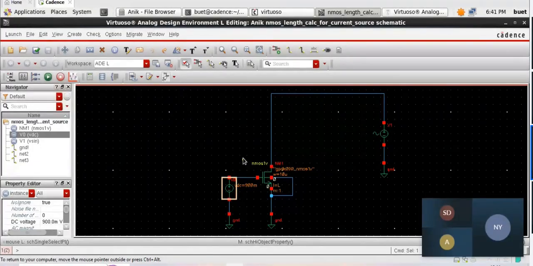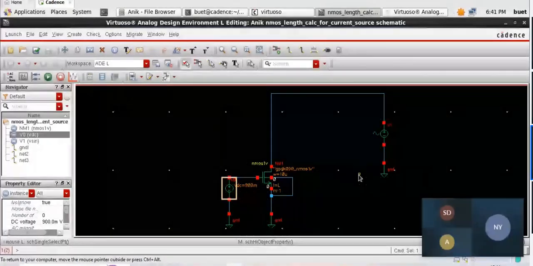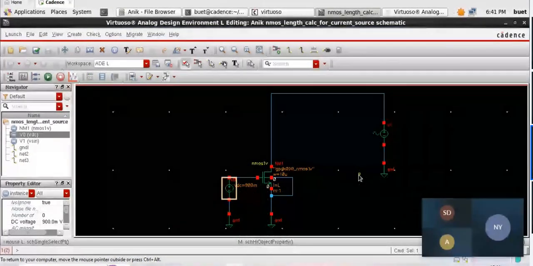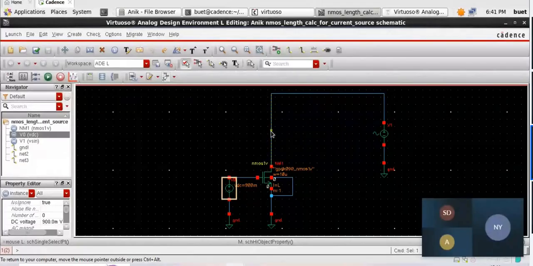That all depends on the design specs that you'll get when you actually work on a project in the industry. But here I'm going with 900 millivolts. Now, you want to calculate the output resistance. So how do you calculate the output resistance? Basically, R you can calculate by using Ohm's law, that is R equals V by I, and for that you require a certain voltage and current. Anyhow there is a current over here, and where is my actual voltage? For that, here we will short the DC source and attach an